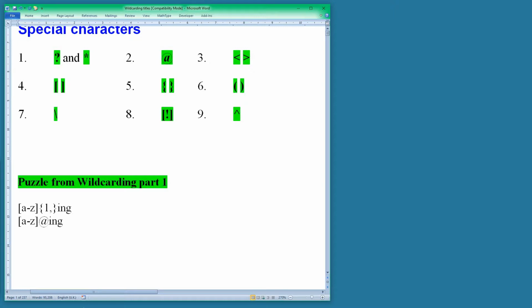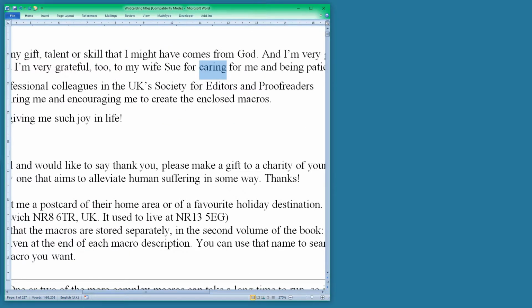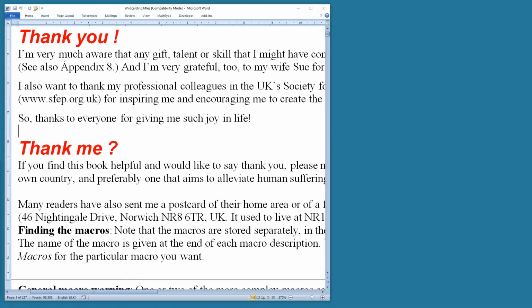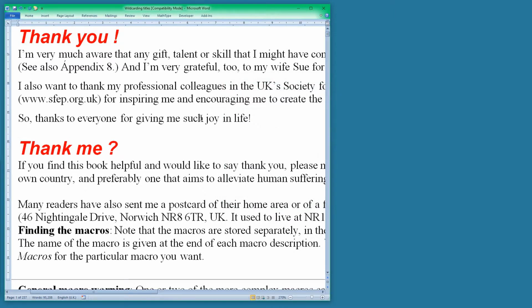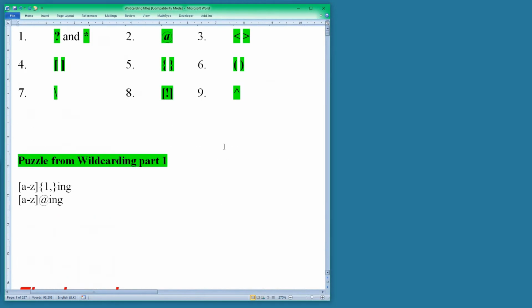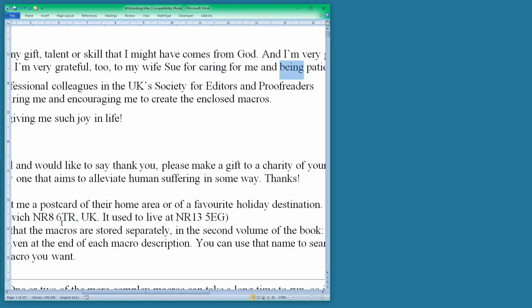So when I click on the macro instant find down wild, it will take that find and replace. You can just see that it is in the find and replace box there, just to reassure you what I'm doing. So I ran the macro and it found caring, being, and various of those. However,